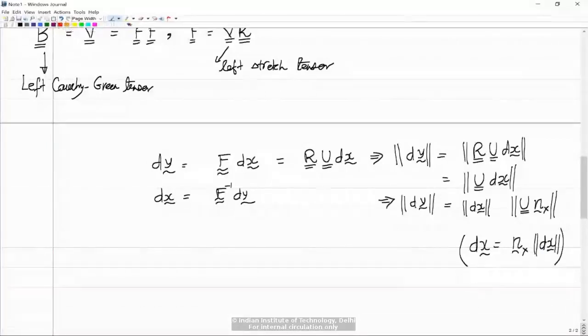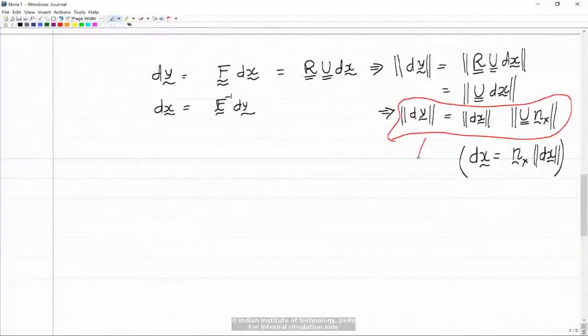So I hope that all of you are okay with this formula. This thing inside the red circle should be clear to all of you, right? But you see here, what you're relating is dy with the referential material line elements, the orientation in the referential line elements. You can likewise think of an inverse kind of thing. So from here,